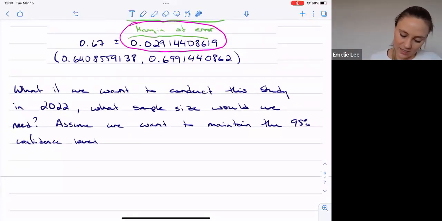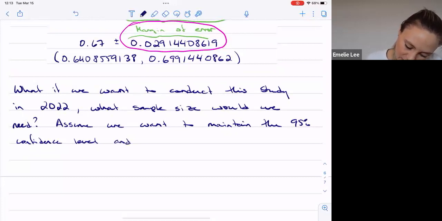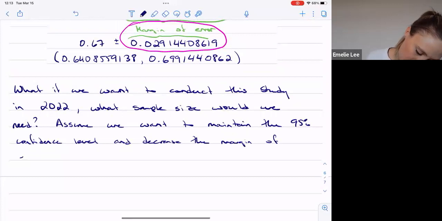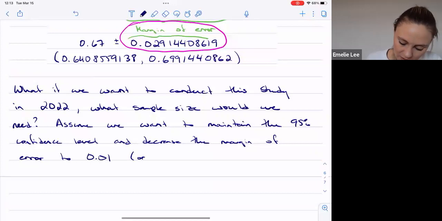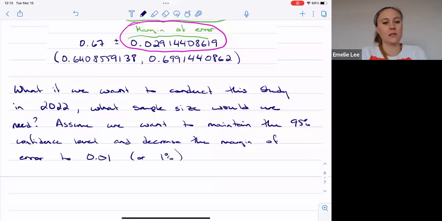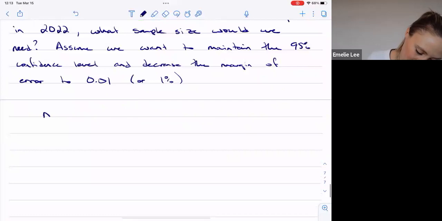Assume we want to maintain the 95% confidence level and decrease the margin of error to 0.01, which is the same as 1%. So my buffer is going to be 1%. Okay, so then I need to calculate my sample size. So remember, n is